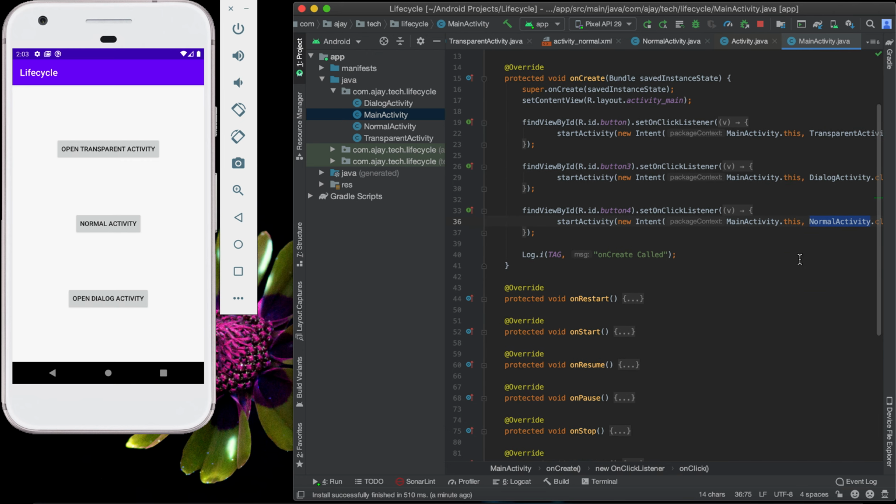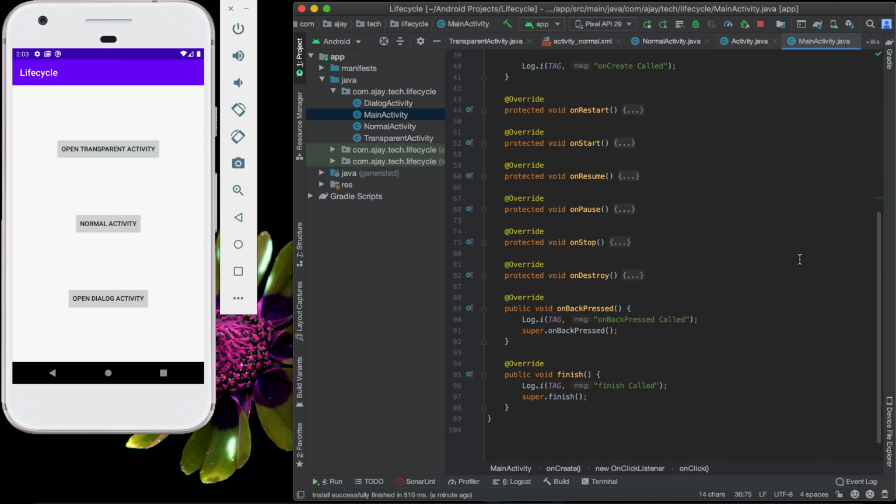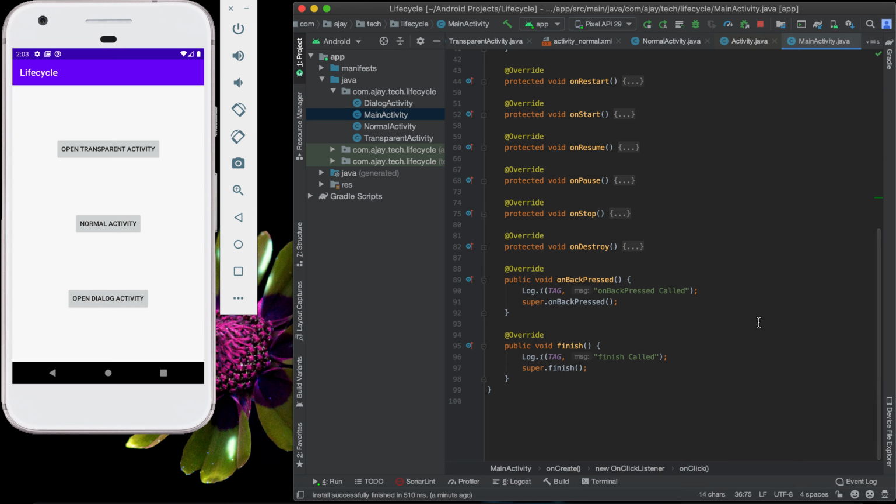In this example, we have two more methods: one is onBackPress and one is finish. The onBackPress method is called when we press the back button on our phone. So this method will execute when we press the back button.